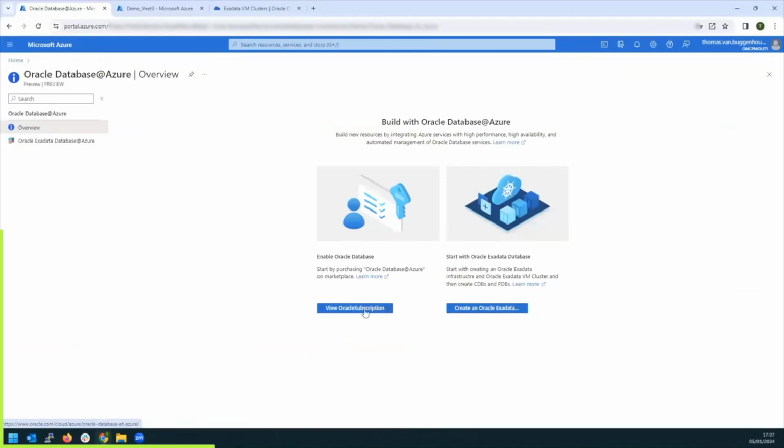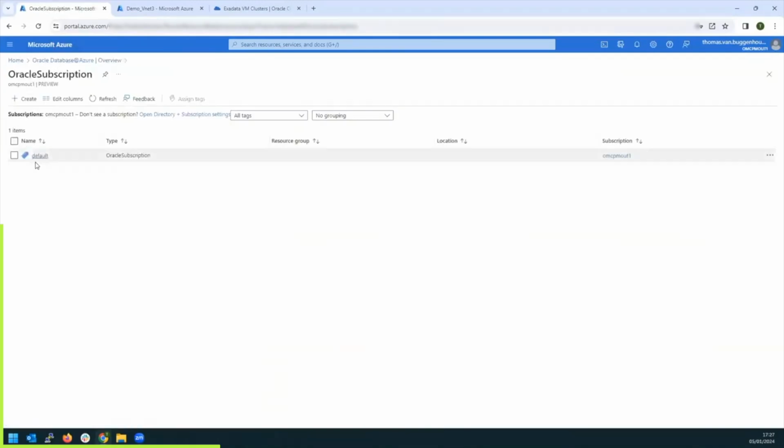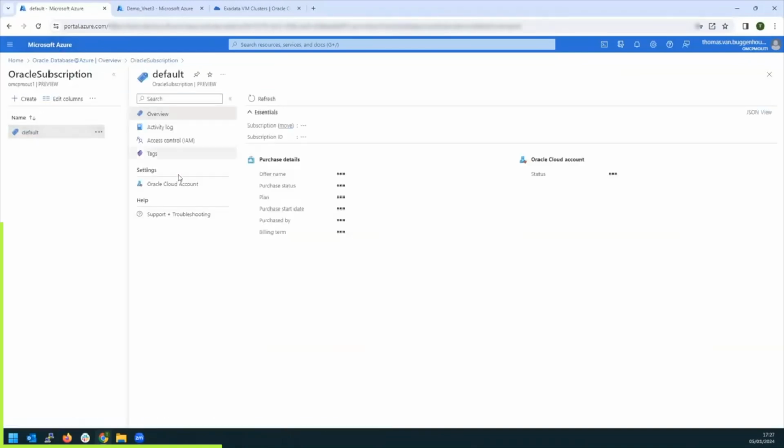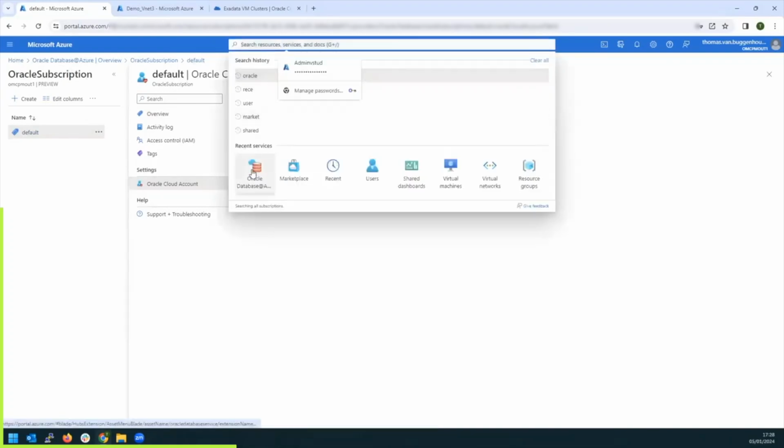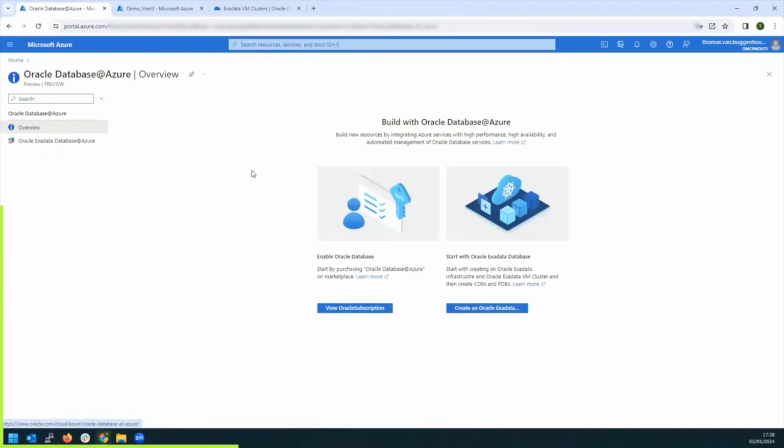We can then go to the solution itself, where we see an overview. We can see the Oracle commercial subscription here inside your Azure subscription. When we look at the commercial subscription after purchasing and accepting the offer, we can take an overview of what the subscription is and which OCI cloud tenancy you're connected to. In this case, this will be ORP Sandbox 6. Once this subscription has been purchased and all commercial terms have been agreed, then we can start